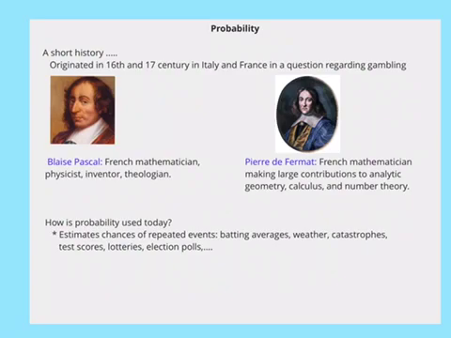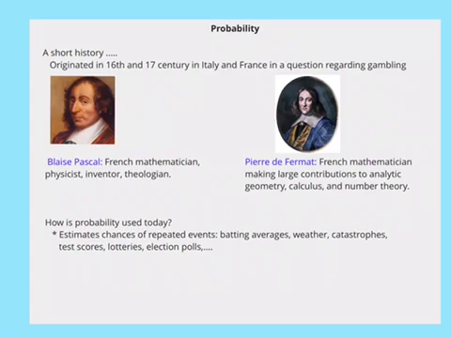He was wondering if two people were playing a card game and it ended early, who would get the winnings? Blaise Pascal was a French mathematician, a physicist, an inventor, a theologian. So like many of the mathematicians we looked at in Math 103, he studied many different fields. His biggest contribution to mathematics was Pascal's triangle. Pascal's triangle is used to do some expanding of binomials to a certain degree, and it's also used in looking at combinations and permutations.